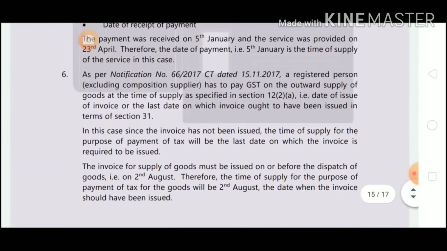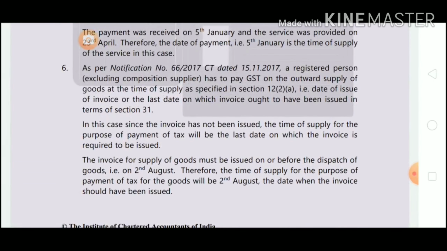See, as per notification, a registered person excluding composition supplier has to pay GST on the outward supply of goods at the time of supply as specified in section 12 subsection 2 clause A, that is date of issue of invoice or the last date on which invoice ought to have been issued in terms of section 31. In this case, since the invoice has not been issued, the time of supply for the purpose of payment of tax will be the last date on which invoice is required to be issued. Since the invoice is not issued, obviously the time of supply will be the last date on which invoice is required to be issued. In this case, they have just given us